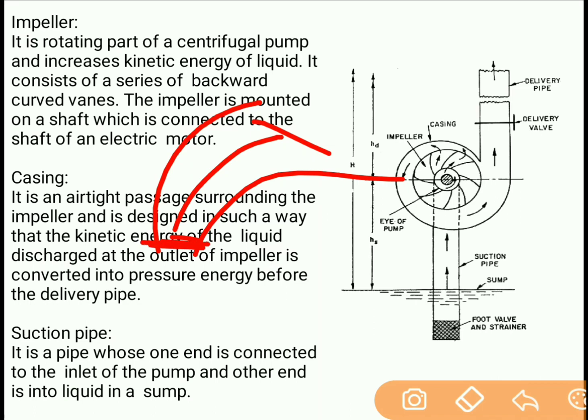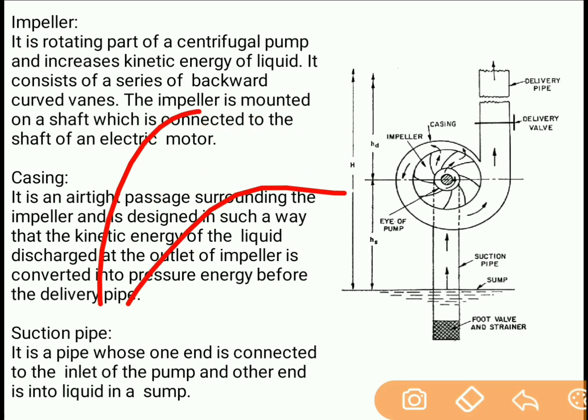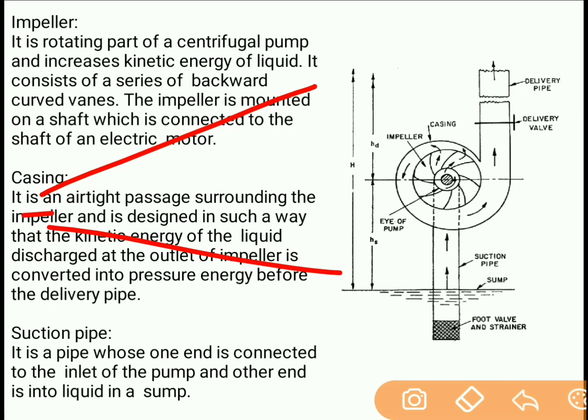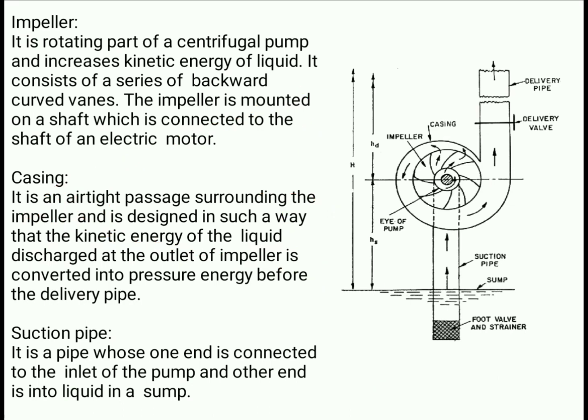So the area over here is less and the area on the outer edge is more. As the area between two blades of the impeller increases, kinetic energy will get converted into pressure energy, so it will act like a diffuser. In a diffuser of gradually increasing area, when the liquid passes from the smaller cross-sectional area to the larger cross-sectional area, the kinetic energy of the water gets converted into pressure energy. This is nothing but the diffuser action.